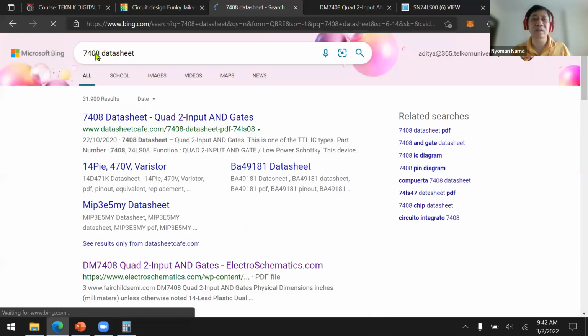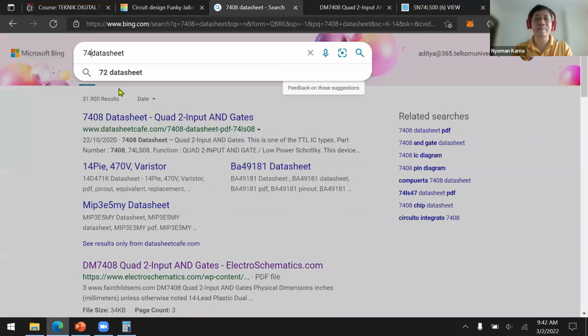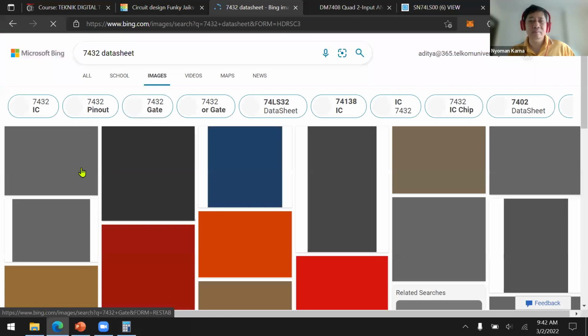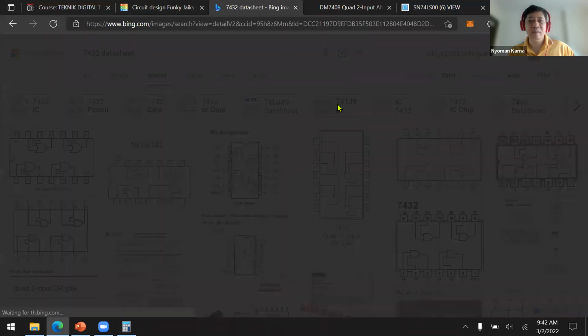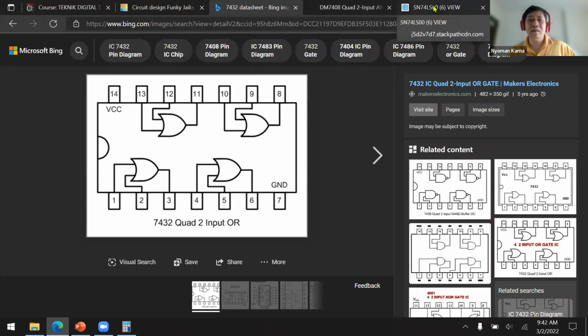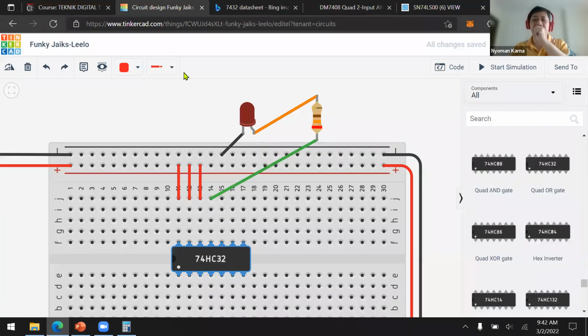This is similar to the NAND gate, although it's an OR. So we're going to use pin number 12 and 13 as the input and 11 as the output. Now, this is the output.